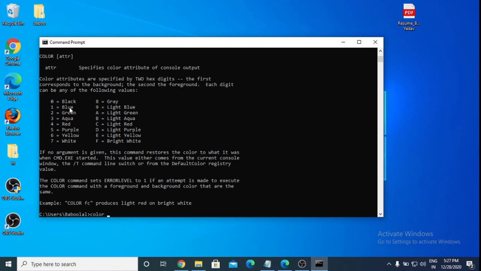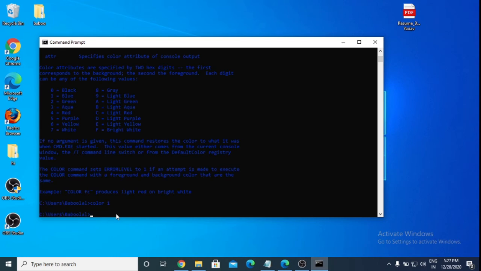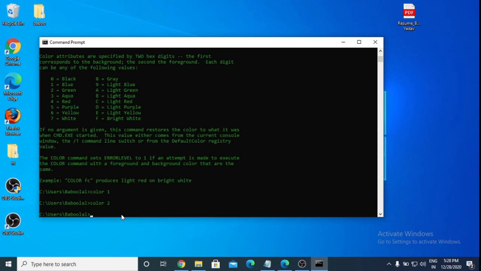Like I want to change to blue, so simply type 1 and press enter. This is changed. Now I want green, so simply type color and green is number 2. So I am typing 2. Okay, so this color is changed.